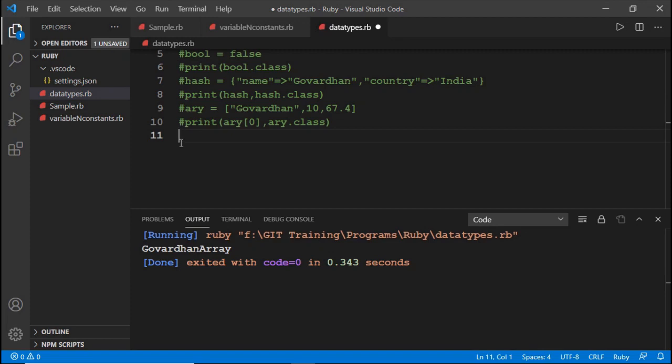How do symbols take less memory? Let us take a small example. I would like to take two variables whose values are the same. Say name1 equal to Govardhan and name2 equal to Govardhan.